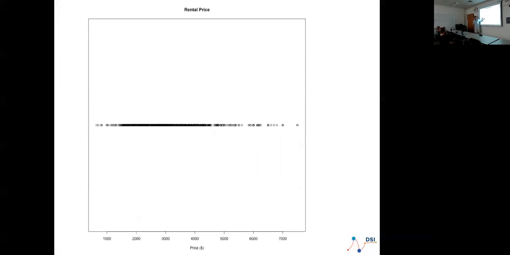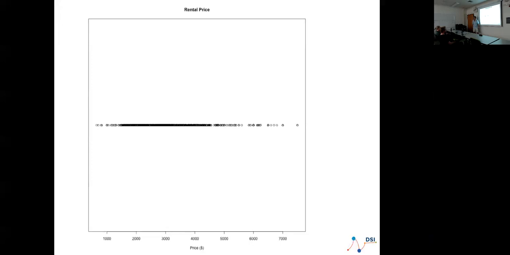It's a line plot. It goes back to what I was saying about how we think about things on the real number line. So this is the real number line. The y is irrelevant here. I had to put it on a two-dimensional plot, so that's why I took out the axes, and it's fine. So what's wrong with this?